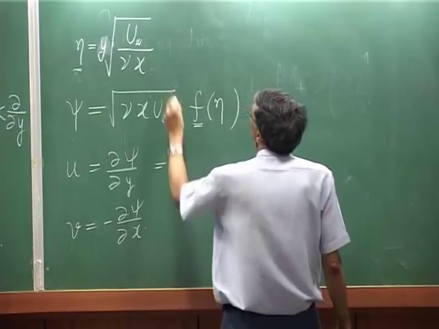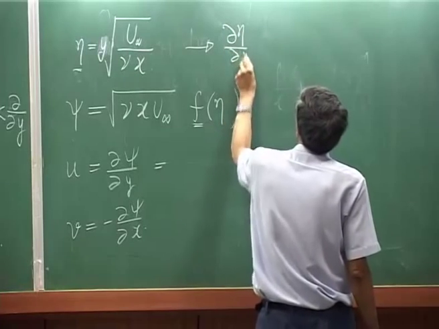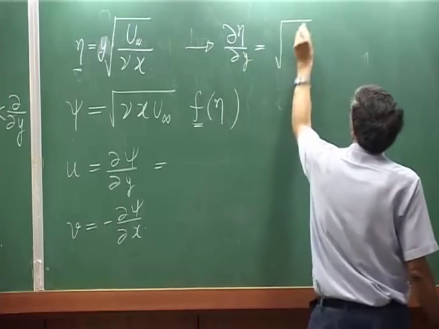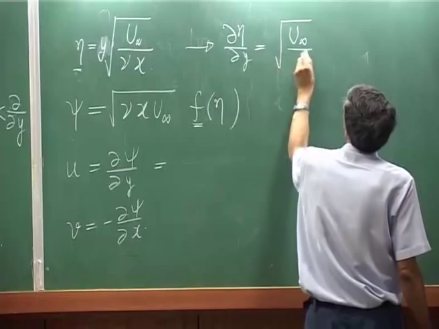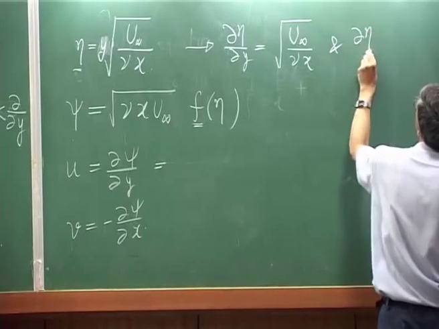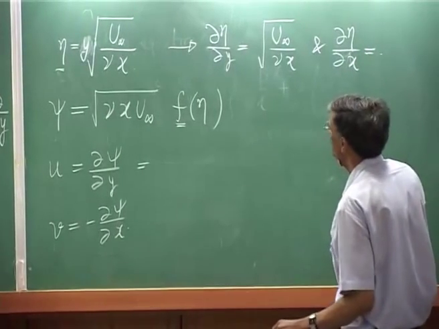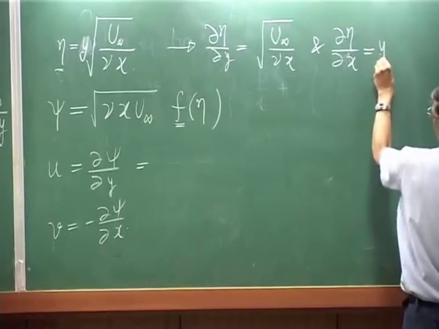So, what I would get from here, of course, you can see del eta del y is given by root u infinity by nu x, and del eta del x will have